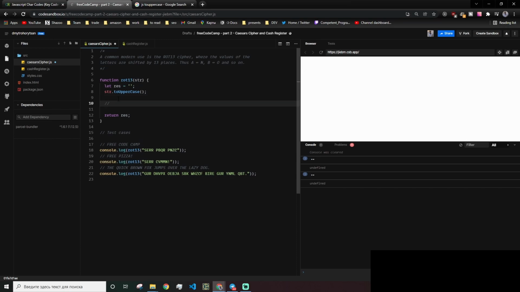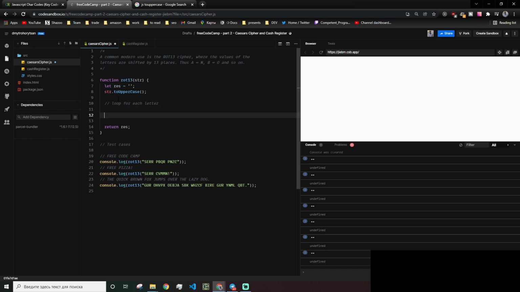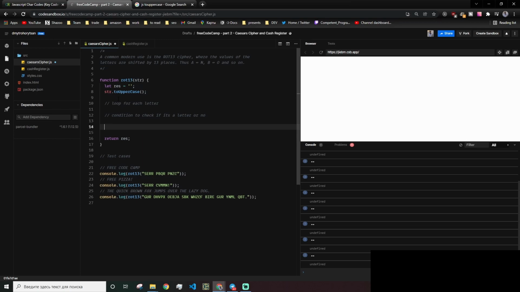The next thing that I thought is that we need some loop to walk through each letter. Loop for each letter. Then we need to check if it's a letter or not. So we need a condition to check if it's a letter or not. And then we need one more condition to